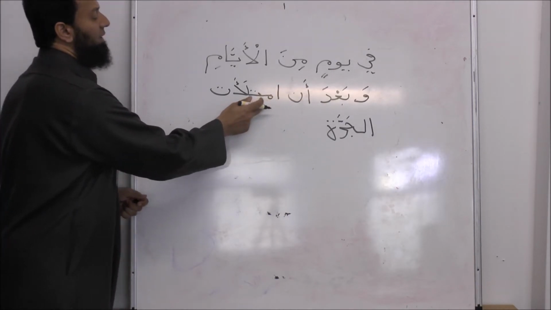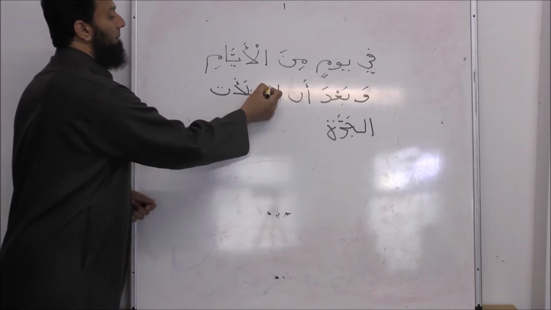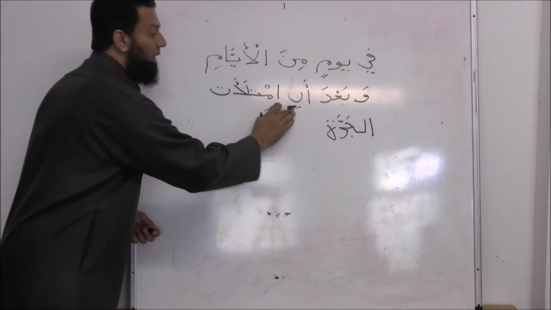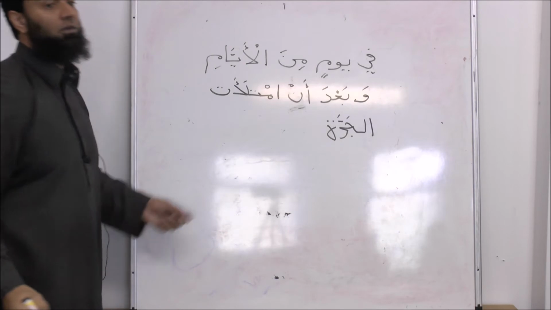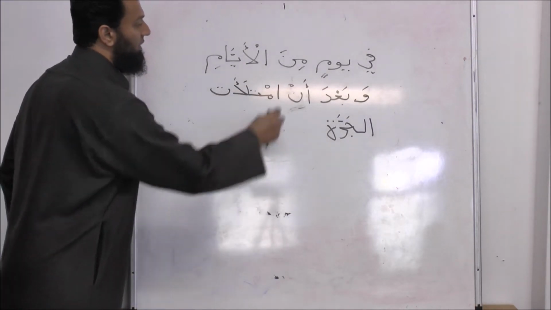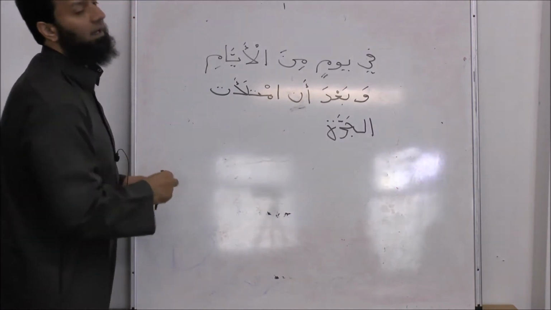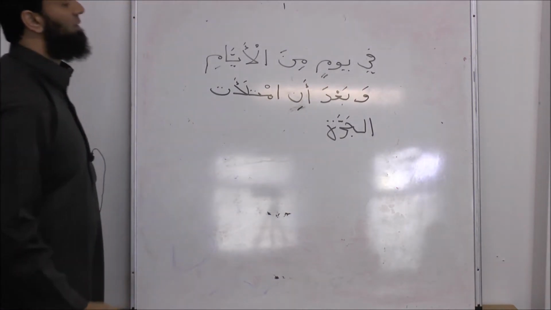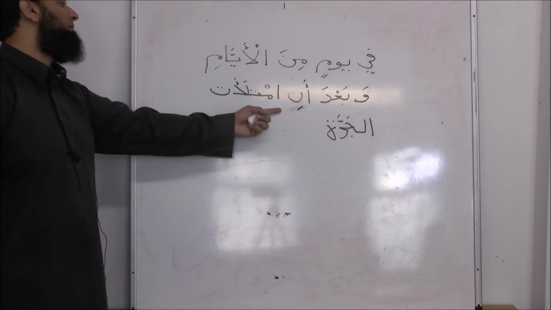Right, then we have this verb. Ba'da anim. Right, that would ordinarily be an with the sukoon. But it becomes a kasra because we can't have two sukoons meeting. Wa ba'da anim